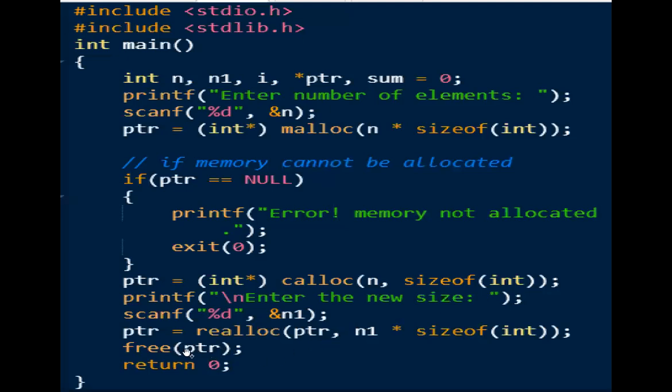After the usage, I can free that pointer. I have just used all these 3 or 4 functions, but I haven't used the memory. This is just an example for using all the functions. I haven't used the 20 bytes of memory in the program. I have just allocated the memory and deallocated the memory. I haven't used the memory for any purpose. This is an example for implementing all 4 functions only.